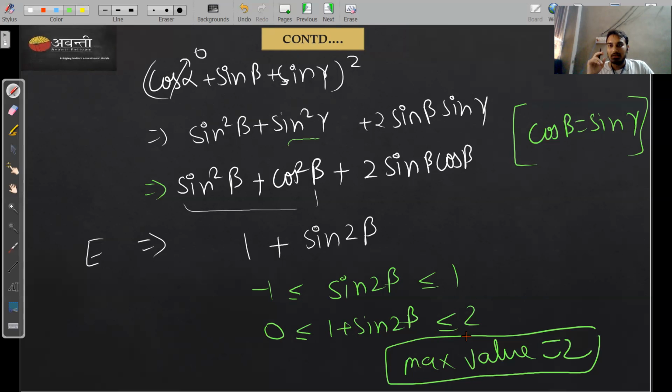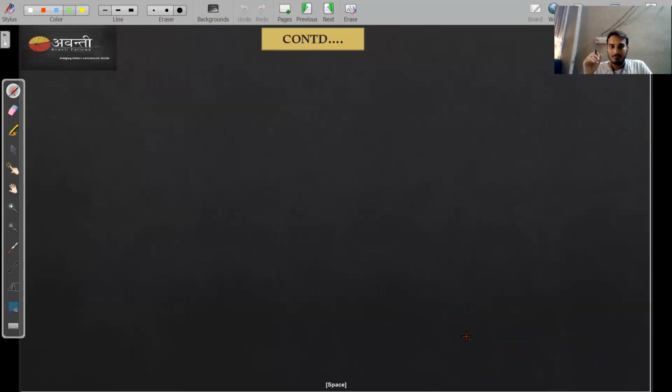If you know that cos alpha, cos beta, cos gamma are the direction cosines, then one equation you already know: cos square alpha plus cos square beta plus cos square gamma is 1. And for the second equation, that beta plus gamma is pi by 2, you use that. So cos alpha is 0. Then after that it is basic maths, right? The basic trigonometry, right? So then let's move on to the next one.